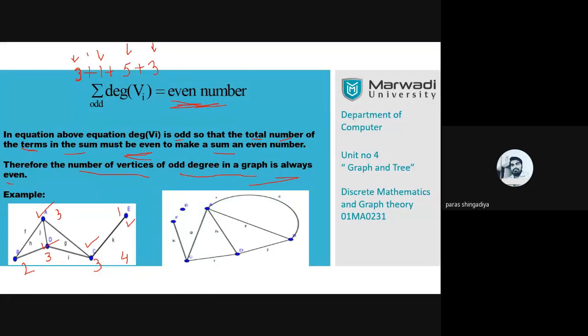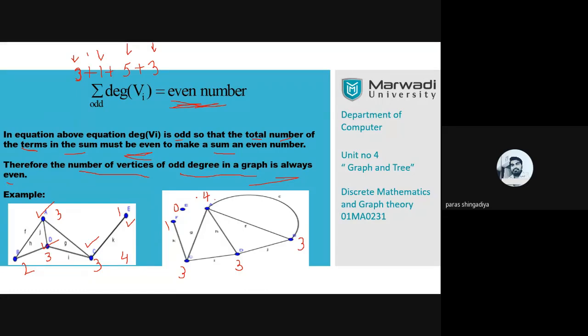So here degree of A, that is 1, 2, 3, 4, 4 vertices, and sorry, 4 edges, 1, 2, 3, 4. Degree of B is 3, that is the B vertex. Degree of C is also 3. Degree of D is 3, and degree of F is 1, and E is 0. And as we know, in mathematics 0 is not an even number, not an odd number. Clear? It is neither even nor odd. So you cannot include it in any one set.